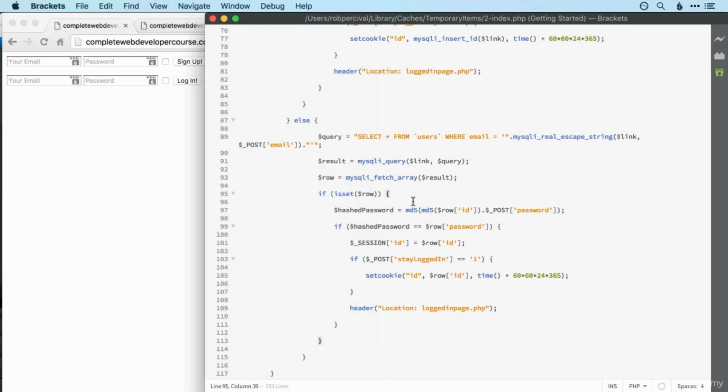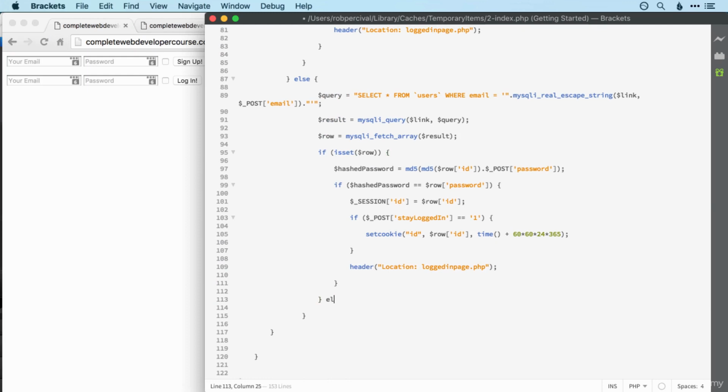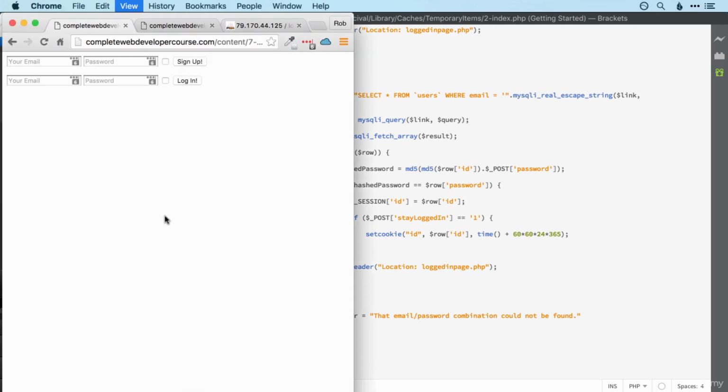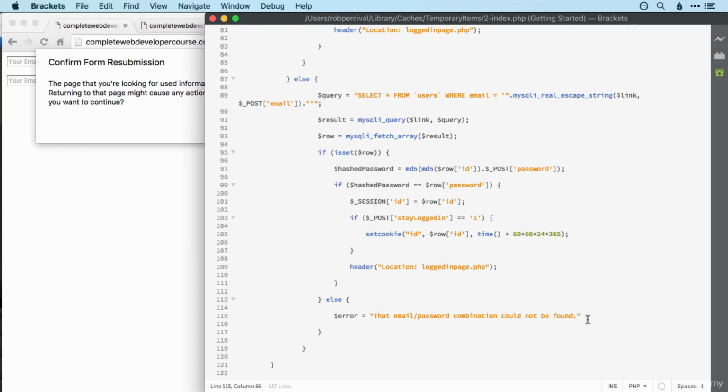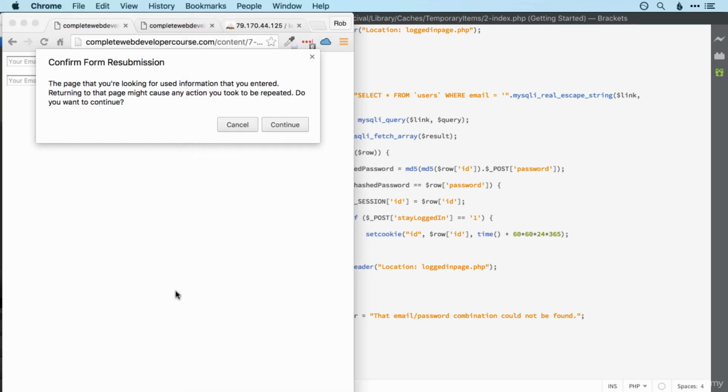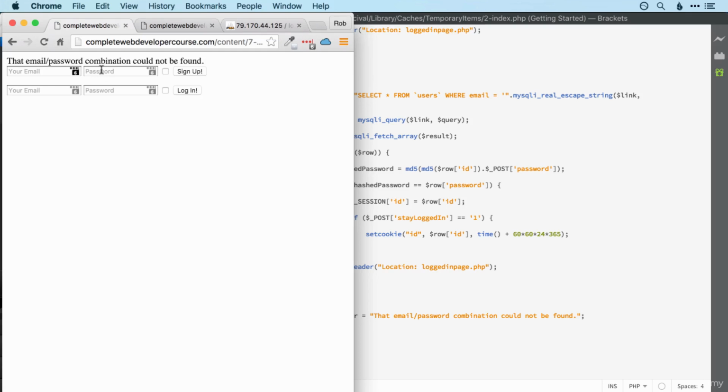But that has reminded me that we have to add an error message in to say if it doesn't, we'll set the error to that email/password combination could not be found. And don't forget the semicolon. Let's resubmit. Excellent. And if we get the email address right, but the password wrong,